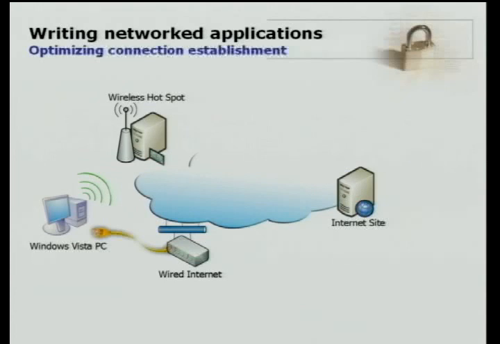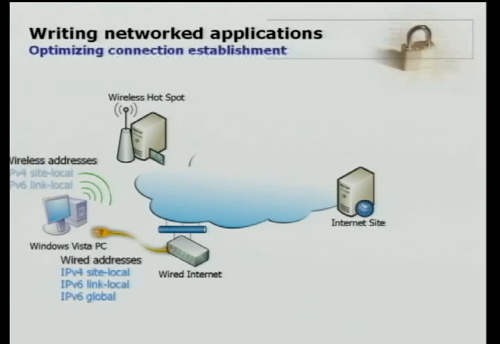Another thing that happens with IPv6 is that you have a lot more addresses than you had with IPv4, right? IPv6 has link local addresses. It has site local addresses that have been deprecated, but you still have global addresses, and you may have dozens of link local and global addresses on any given machine. So the question arises, if I want to connect from point A to point B, which of these addresses do I use? If you think about what that works out to, you have this PC, again, is associated with the